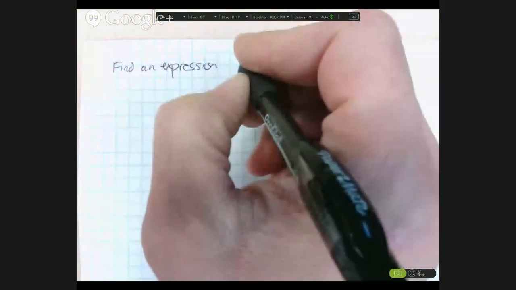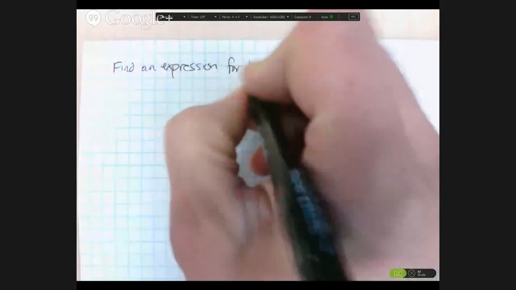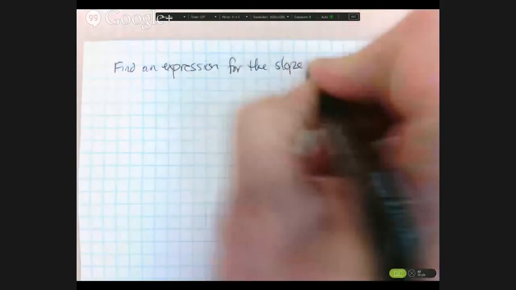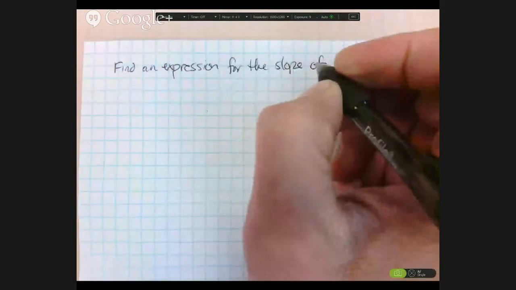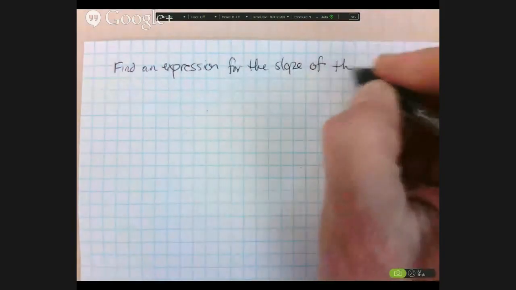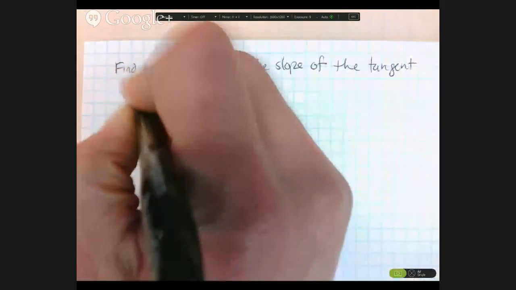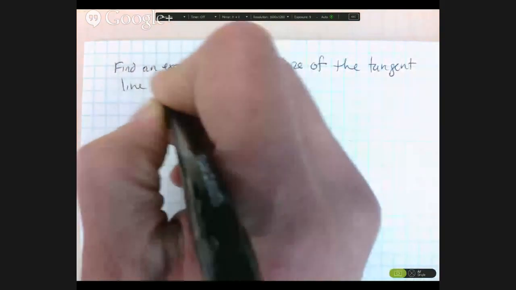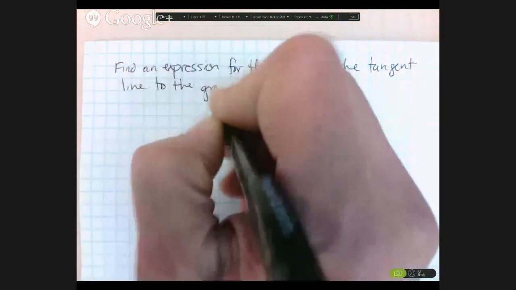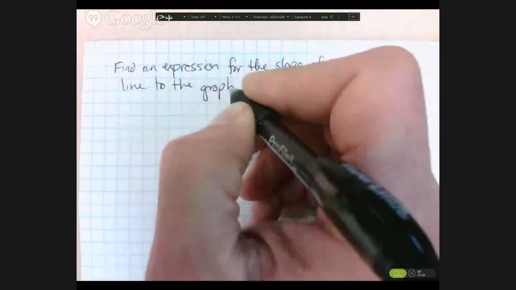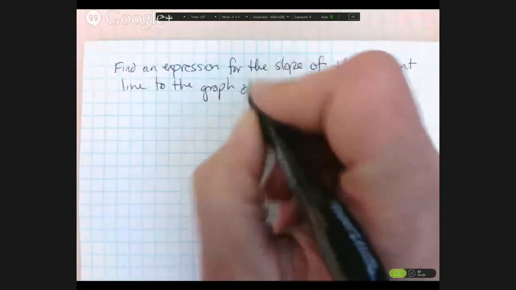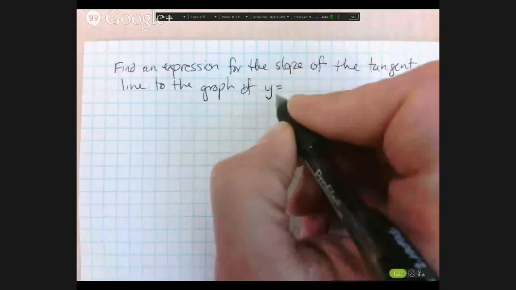Find an expression for the slope of the tangent line to the graph of y equals